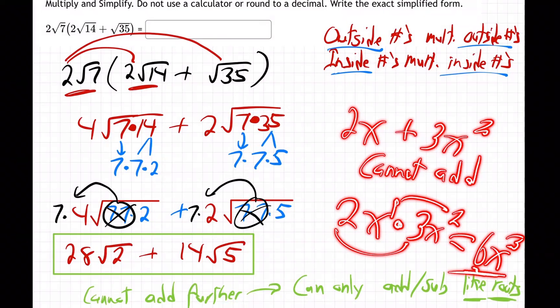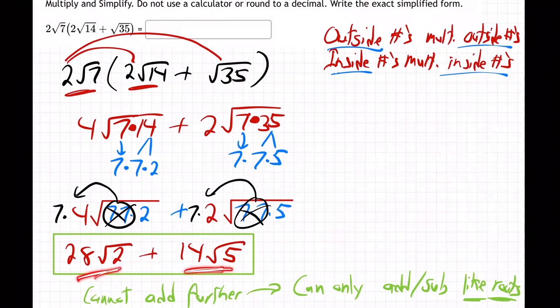Remember, adding, subtracting is always picky. For letters, for roots, exactly the same rule. So we're done right here. We cannot add these. So what do we do? From the beginning, we distributed. And when you distribute, outside numbers multiply outside, insiders with insiders, and then you just do the 2 for 1 ship outs. And we got it.